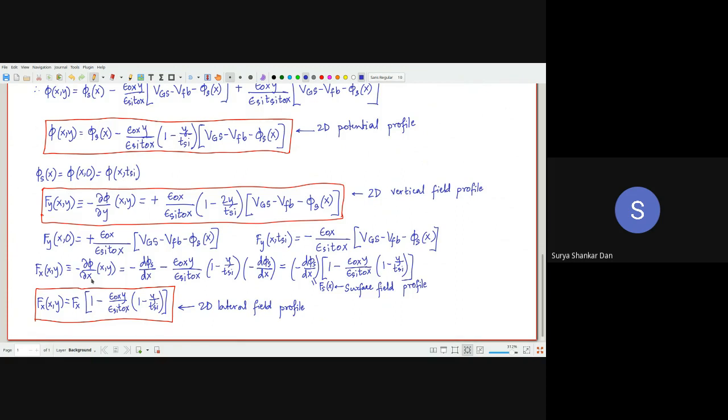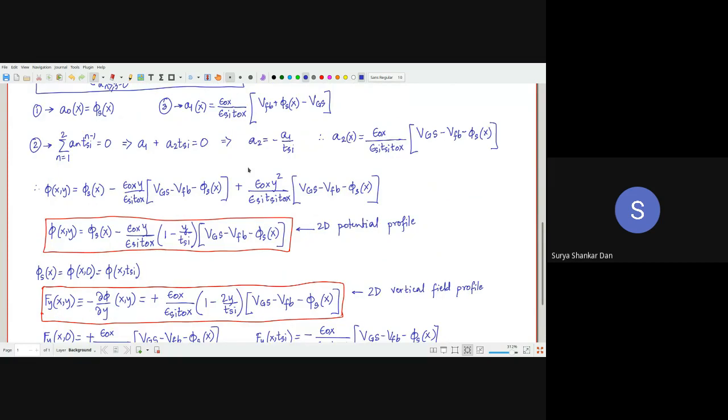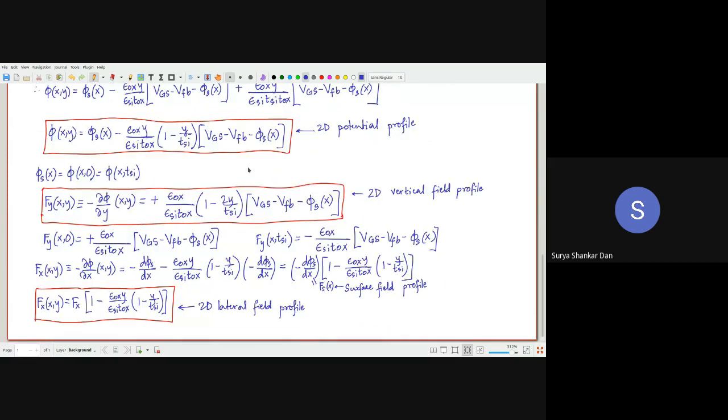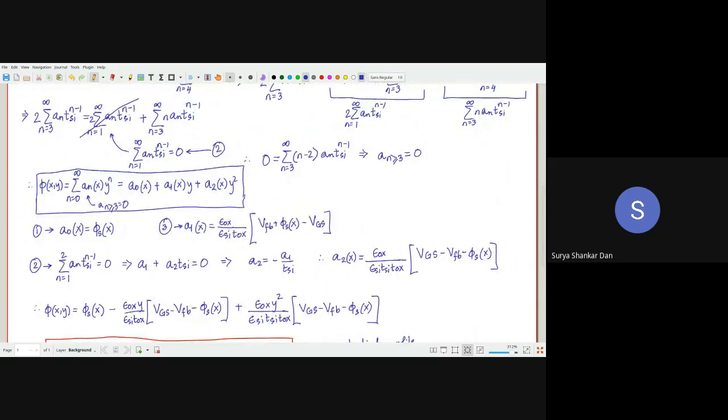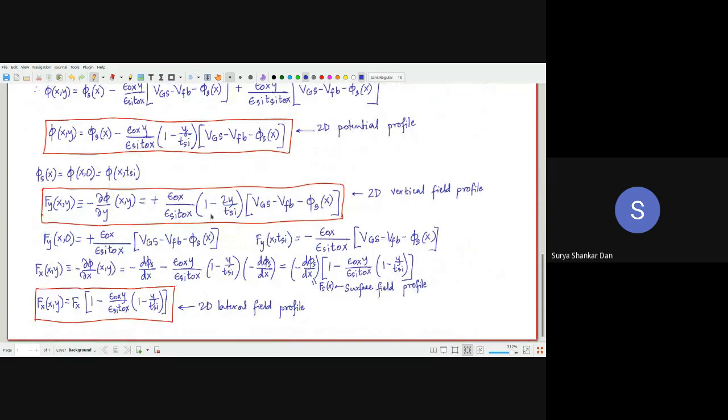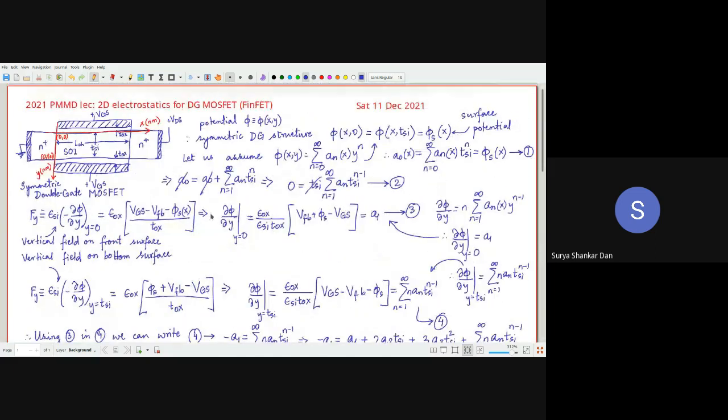So in the next class, we will try to find out a model for this 2D surface potential phi s. Probably it is becoming too much for you, but I do not know how to make it simpler. But as I said, you will not get this analysis anywhere in the textbooks. In fact, this kind of modeling is something which we are publishing on a regular basis. The only difference is that instead of this DG, we can sometimes make it a tunnel FET, or a GOT FET and things like that.